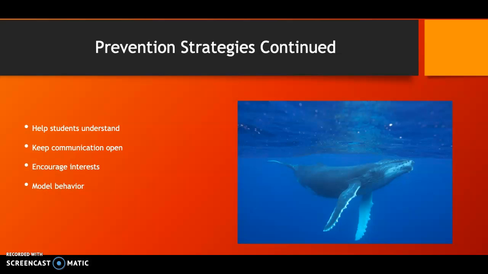Encouraging interests is also an excellent way to help curb bullying. For me, I have a strong interest in animals and zoology. So if I was a bullied student, you would encourage me to study zoology and find out all I could about animals to help keep me on a non-bullying path. You can also model behavior. Students look up to their role models, which are teachers and parents, to help them understand correct and proper behaviors.